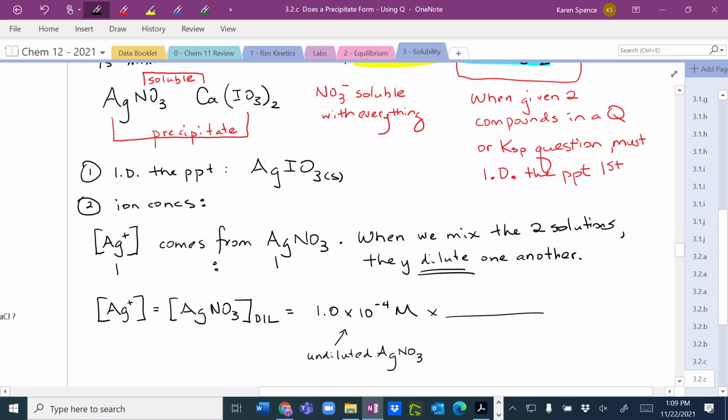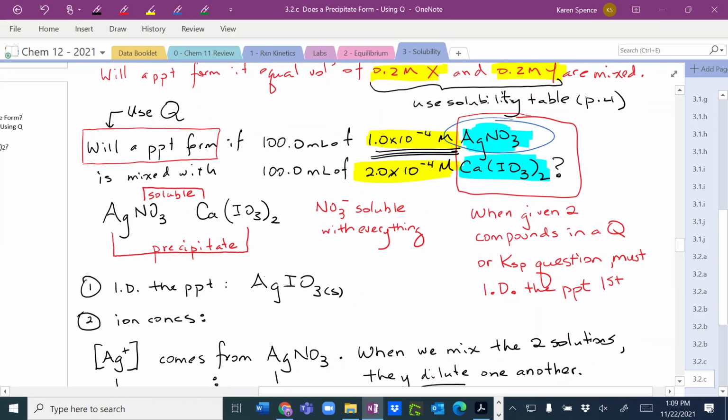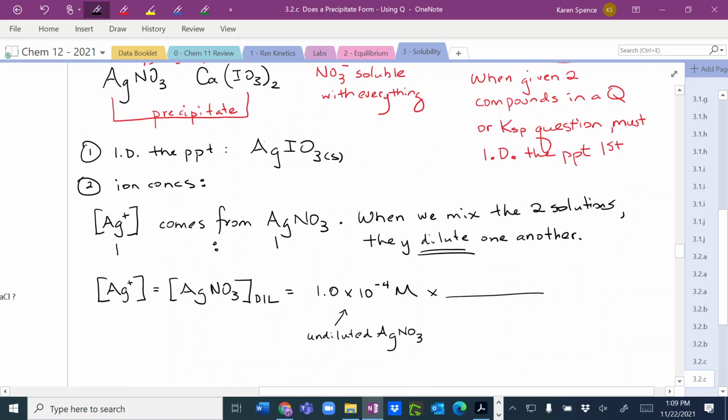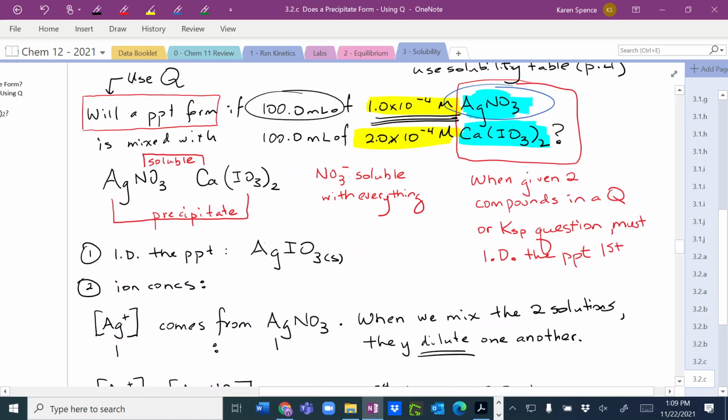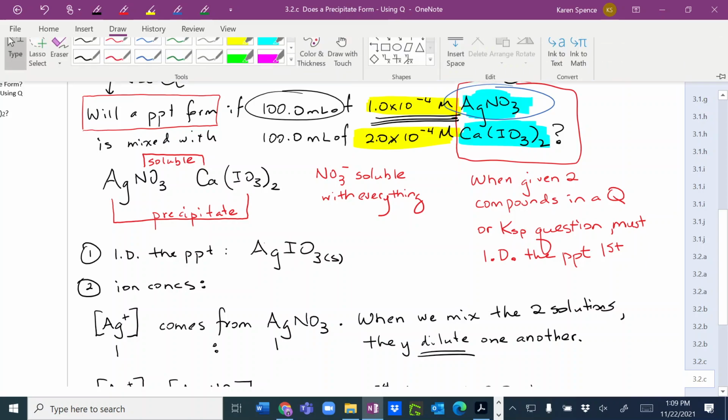Times, and what do we put on the top of this little times thing? Old volume, which is 100 milliliters. And our new volume, we have mixed two solutions, each of which is